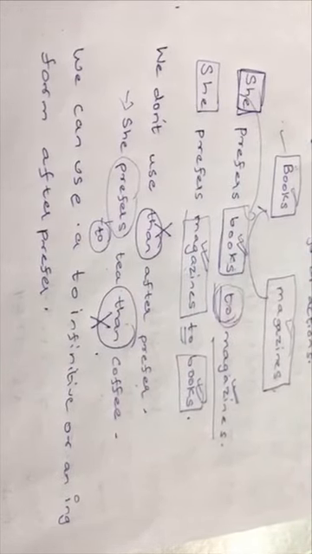Now we should take an example like: she prefers drinking tea to coffee. Now this is our example. She prefers drinking tea to coffee. Now see, you have an ing form also used in this particular sentence.